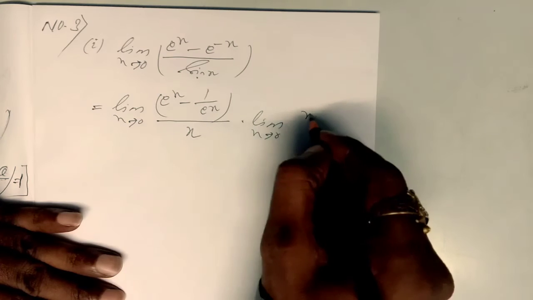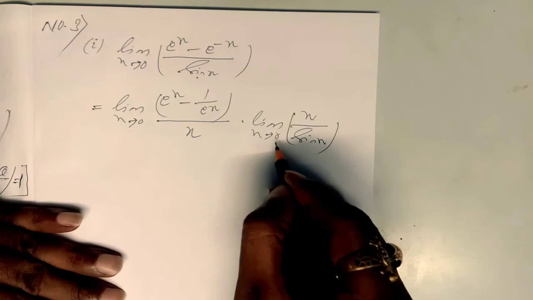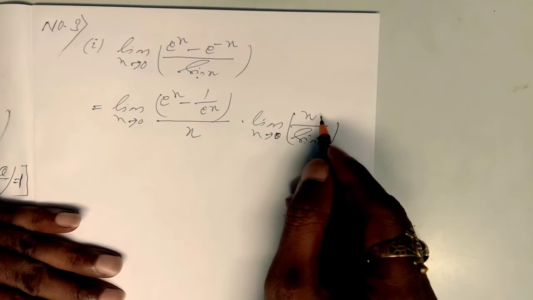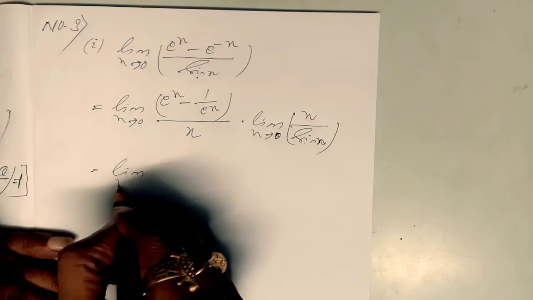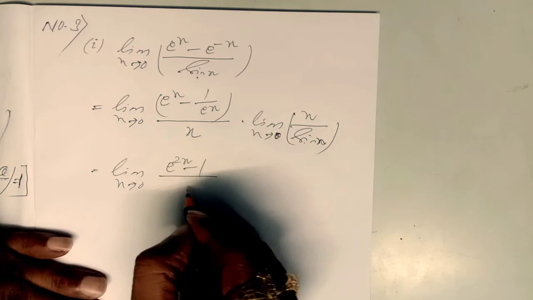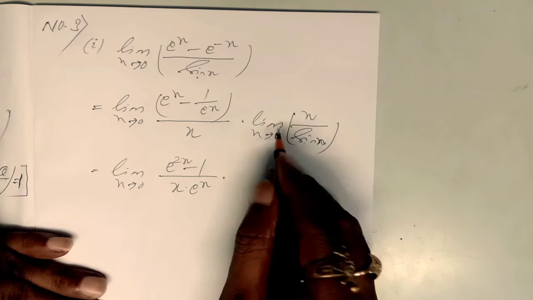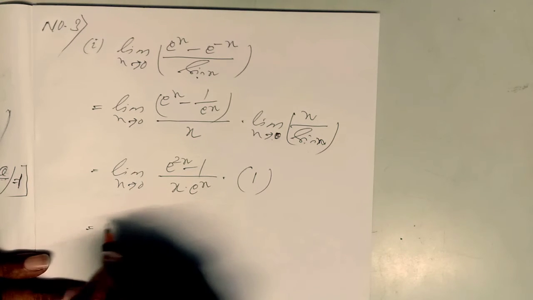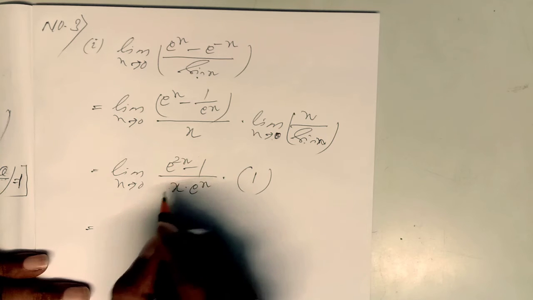The sin x result means this will be x by sin x. Why am I doing like this? Because limit x tends to 0, sin x by x, the answer will come 1. Therefore I have separated here. Now limit x tends to 0, (e to the power 2x minus 1) by x into e to the power x, this will come down. And limit x tends to 0, x by sin x means 1. Okay, now we do one thing here. I have to write e to the 2x minus 1, so I have to write 2x here. 2 you have to write here.